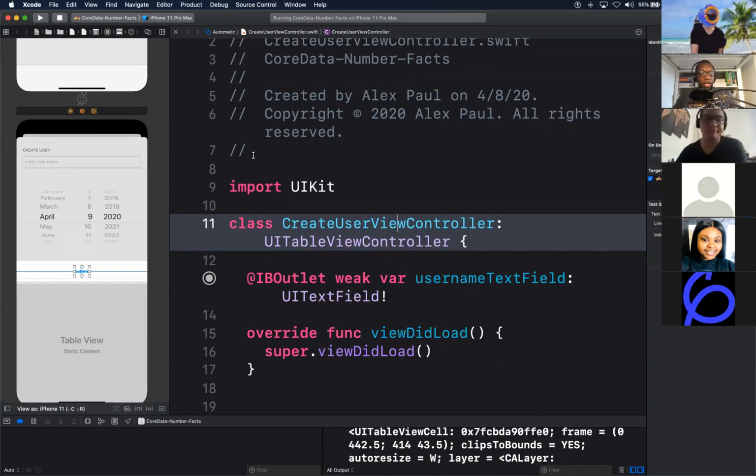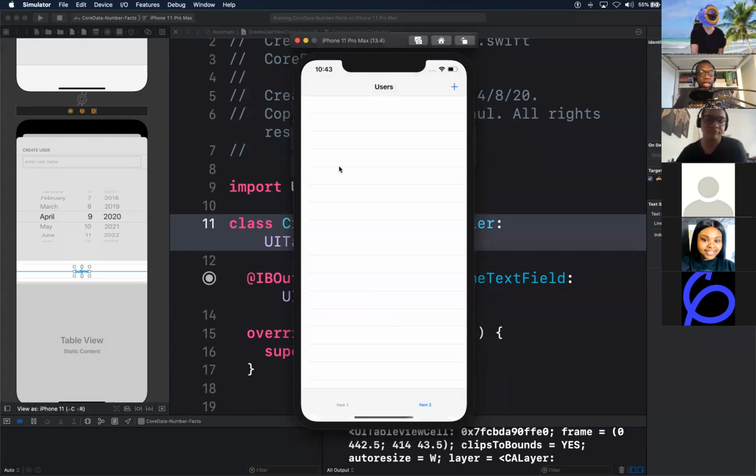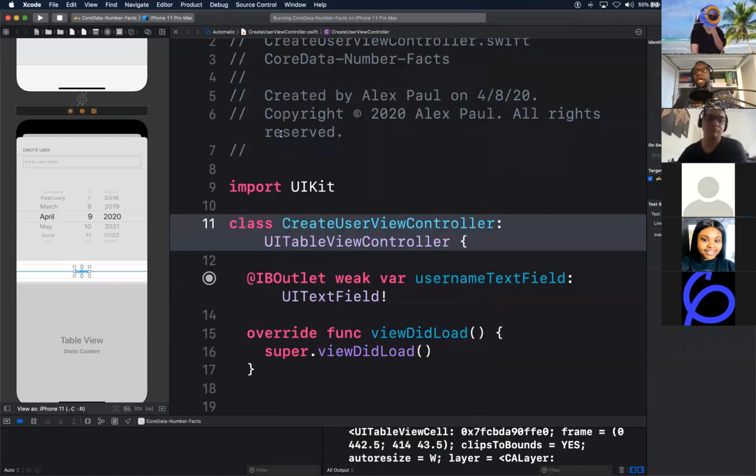Okay, so let's continue. Our UI is pretty much good to go. Let's start looking at what the core data part of the app will be. So when we started the app, we created a new project. We selected the core data option. That gave us,